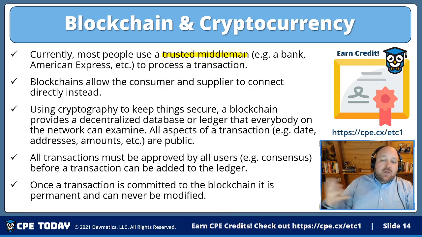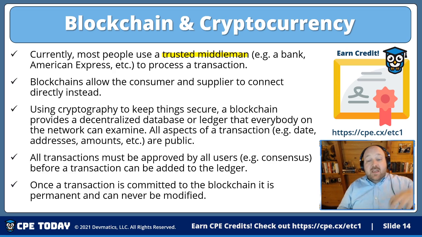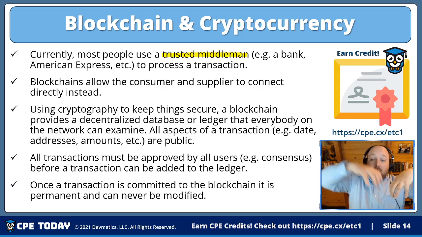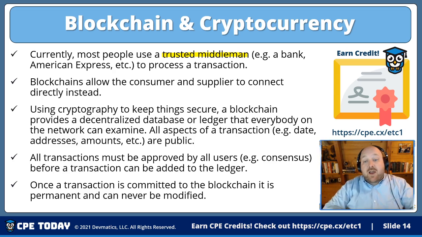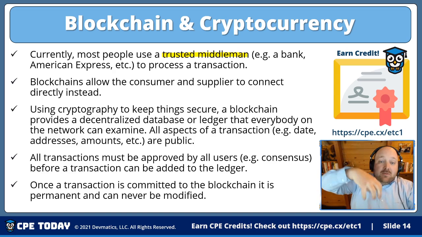So in the case of a financial transaction, let's say it's a $100 transaction, the bank might take anywhere from $3 to $5, depending on the specific terms, to process it. For that fee, they take money out of one account, move it to another account, and provide various assurance services such as fraud prevention along the way. But there's a middleman.